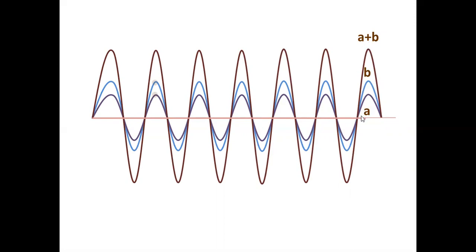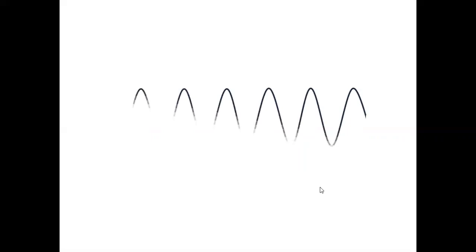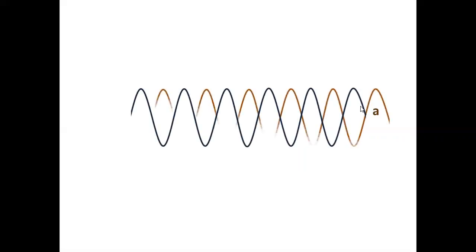What is this interference called? It is called constructive interference. Amplitudes add up. What is the phase difference between the superposing waves? Zero. Crest falls on crest. It is a constructive interference. Amplitude is A plus B. Now see a situation like this. Now let me keep the second wave a little bit forward.